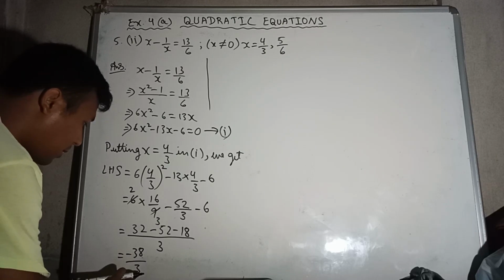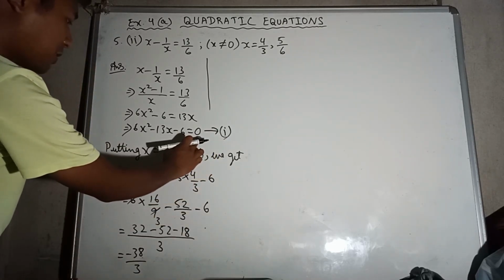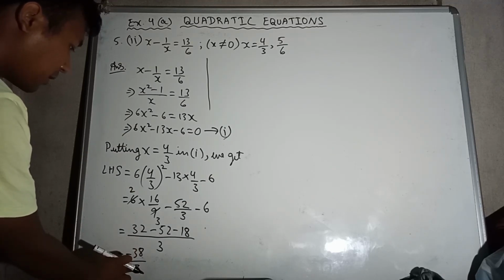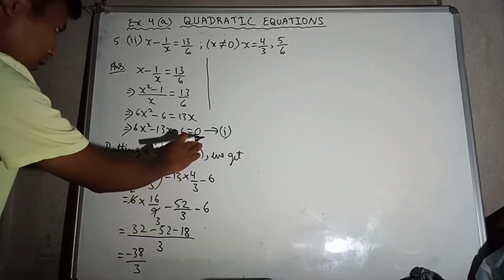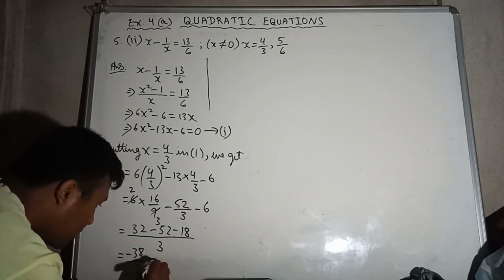So minus 38 by 3 on the left hand side, and the right hand side of equation 1 is 0. Minus 38 by 3 is not equal to 0, so this is not equal to